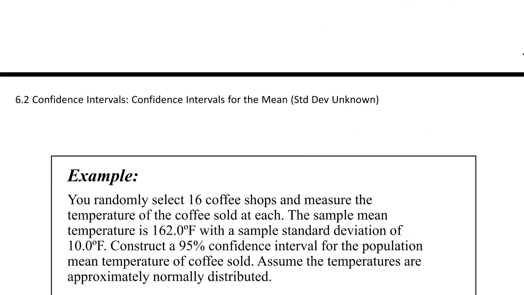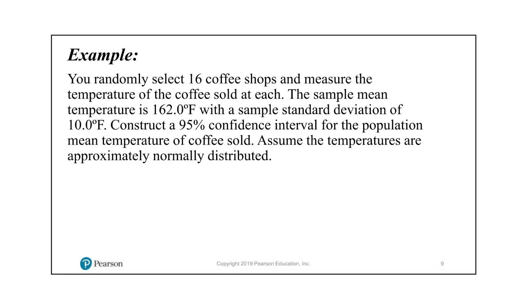For example, we were to randomly select 16 coffee shops, measure the temperature of the coffee, sample mean given there, sample standard deviation. Find the 95% confidence interval for the population mean temperatures of the coffee sold, and assume the temperatures are approximately normally distributed. Okay, so let's go through